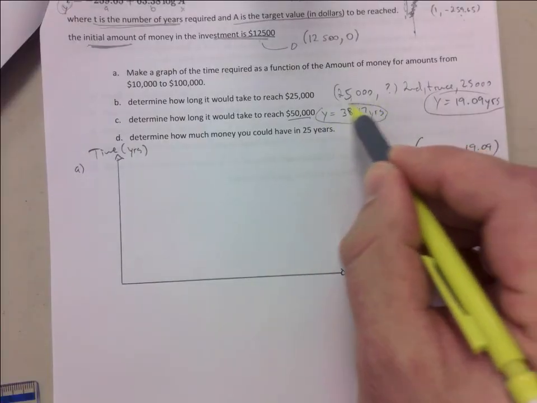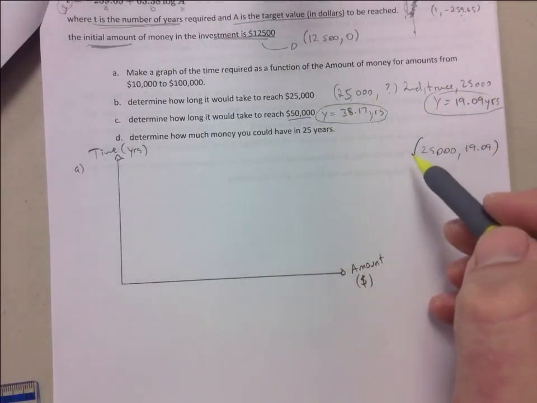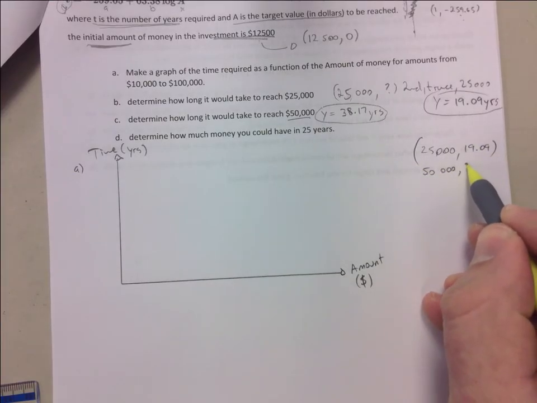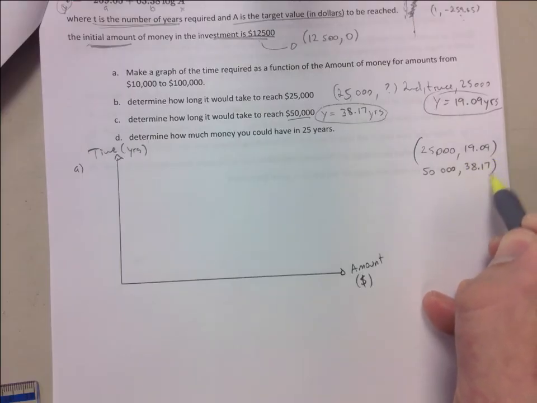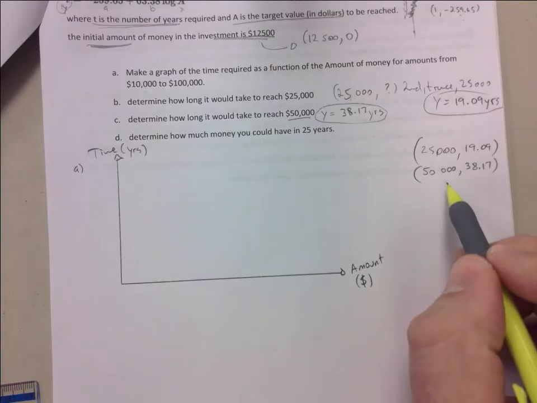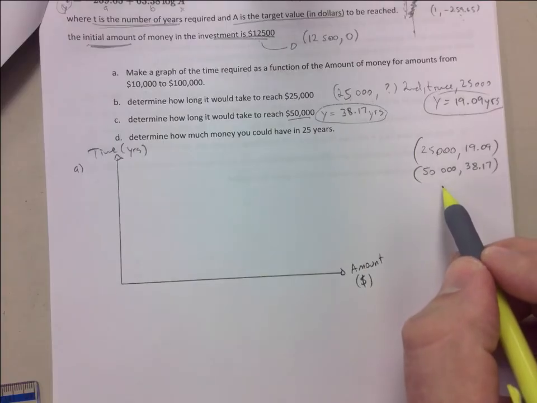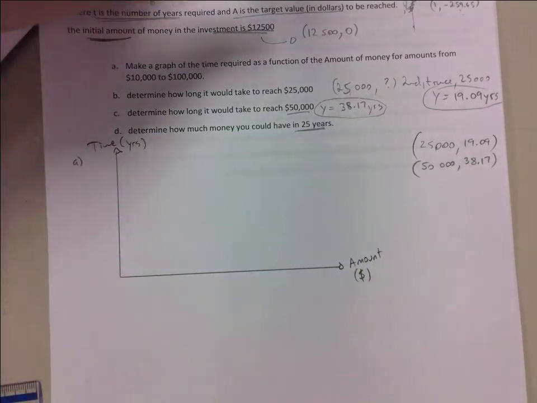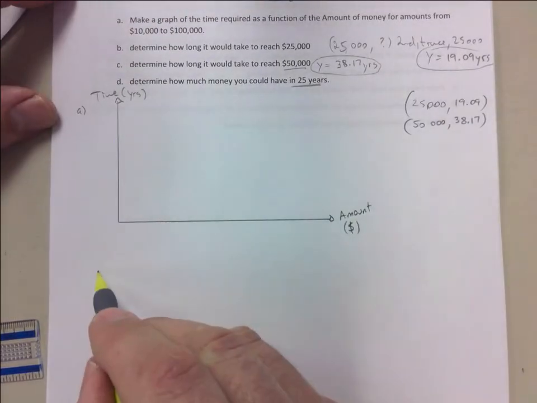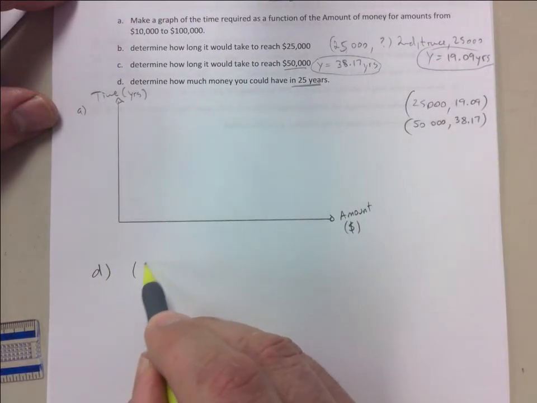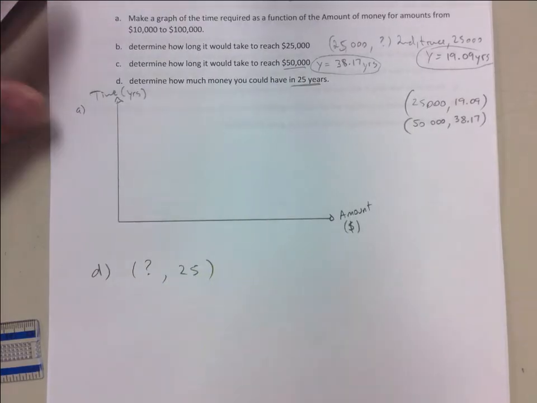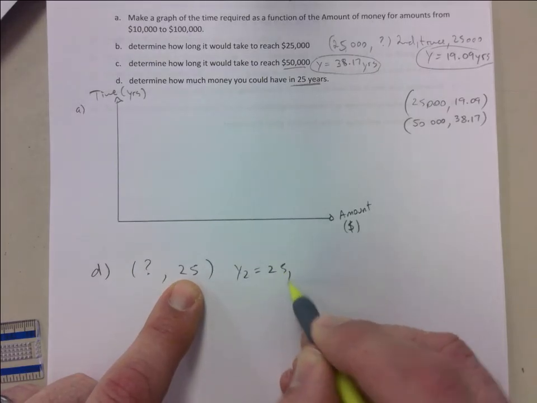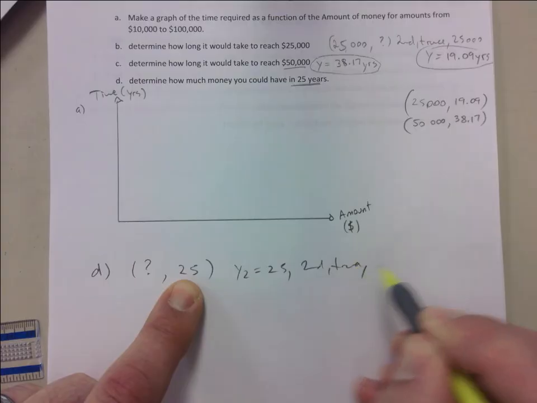So I do want you to always show the work and everything, but it's the same work as before. So I can use this point as well. Okay, got that. Determine how much money you could have in 25 years, right? So D is asking how much money in 25 years, right? Because we know time is in our Y, so Y2 is equal to 25, second trace intersect,